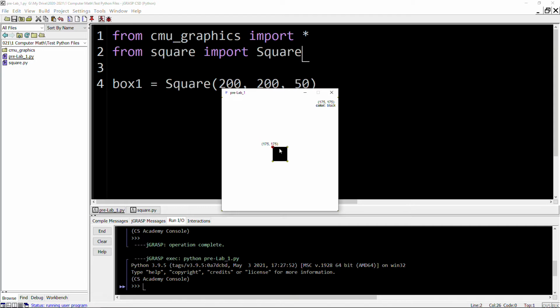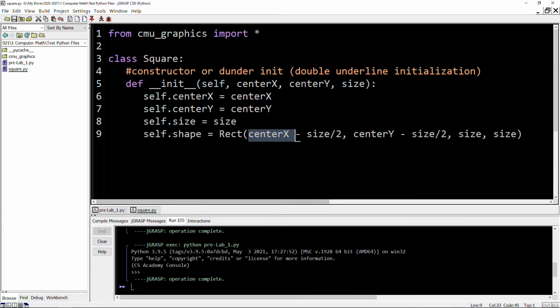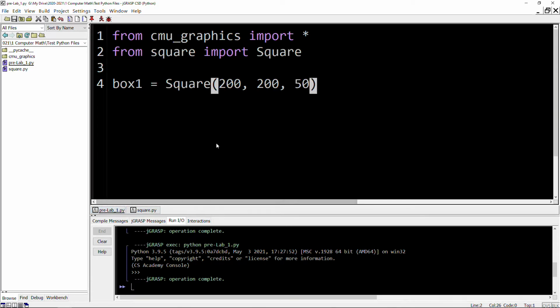Okay, cool. So if you want to know how I figured out that formula, center X minus size over 2: the center here is 200, 200. That's where we want it to be. But remember, the rectangle requires the top left. So to get from the center to the top left, I need to go left half of the size and then up half of the size. Going left means go left size divided by 2, because size is the whole thing, not half. And then going up by the entire size divided by 2, or the length, or the height in this case. So that's how I figured out the formula. Again, you will have to do this at other points for other shapes, but it's a nice little trick here. But yeah, that actually worked.